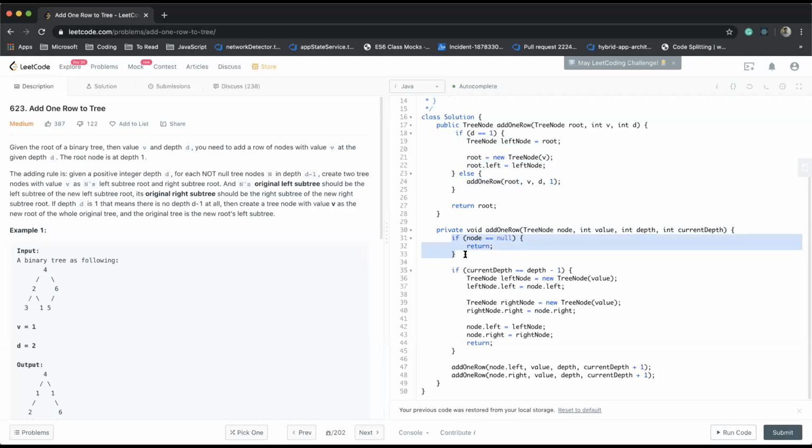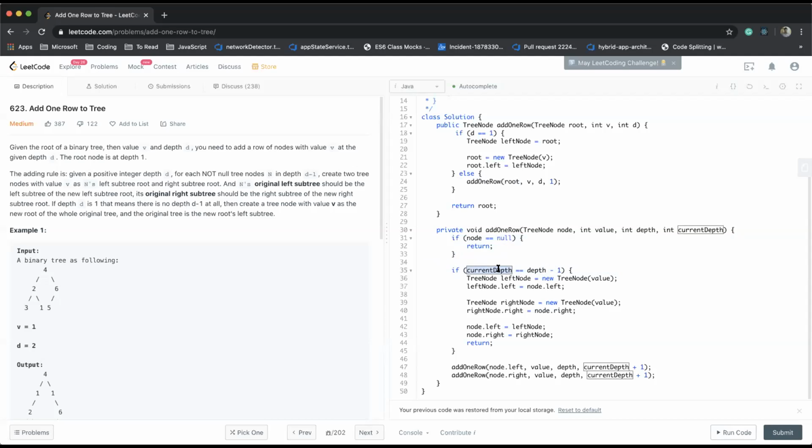If node is null, then I don't need to do anything. If my current depth is equal to depth minus 1, then I have to insert at this level, and I'm currently at the parent level.